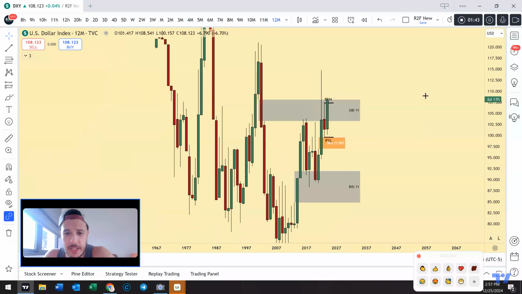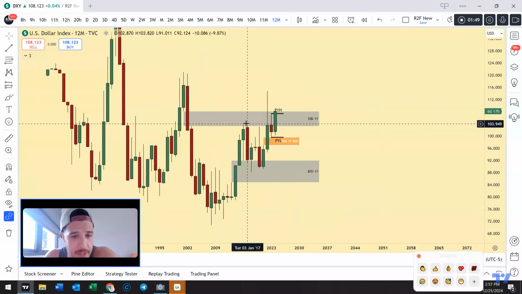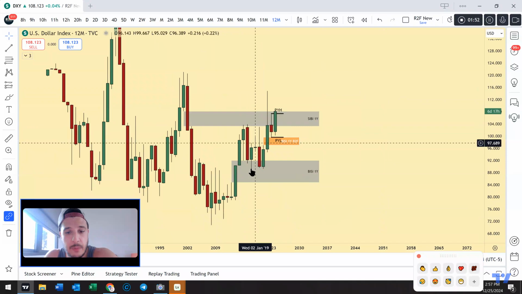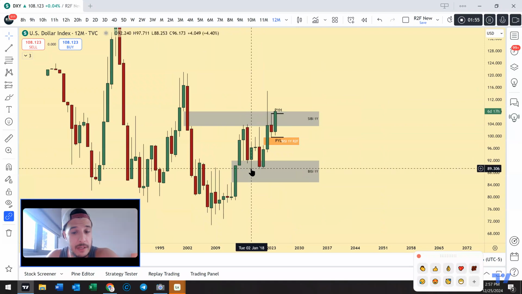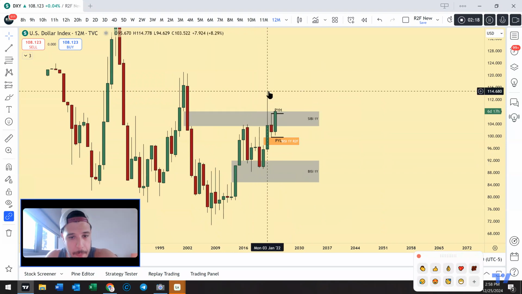Okay, so basically we came into this premium array, this premium SIBI on the yearly, then we came back, retraced back down into a yearly BISI that was created. Okay, so if there's a BISI created on the way to a SIBI, then that can be an indication of higher prices after the retracement, right? So basically, we came into here a couple of times, and then we expanded up. Okay, took out the liquidity,